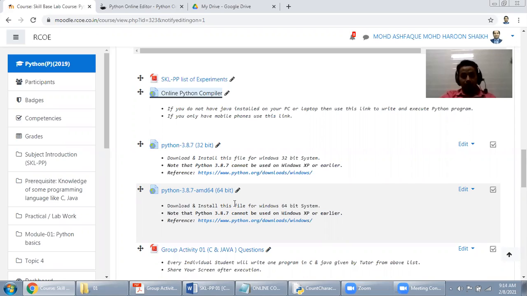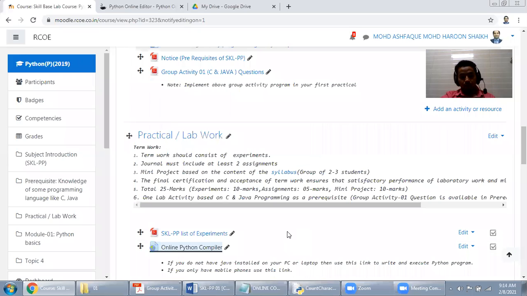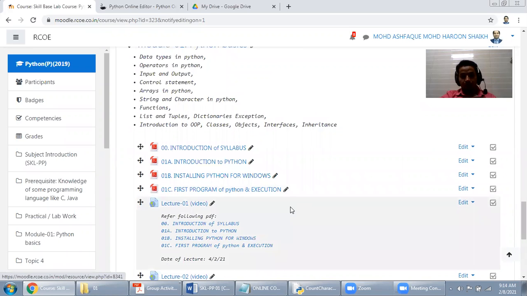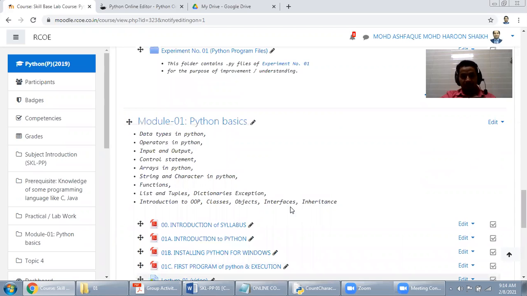You click and install it, and the installation steps were already explained clearly in the last lecture. At the same time, the PPT is also available on Moodle, so those who missed it can see the Python installation for Windows. I hope everyone is ready with the Python installation.